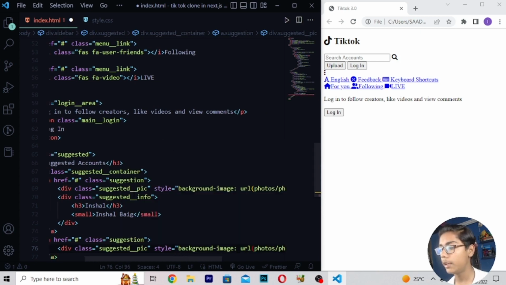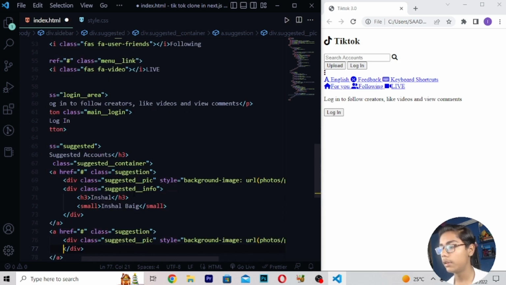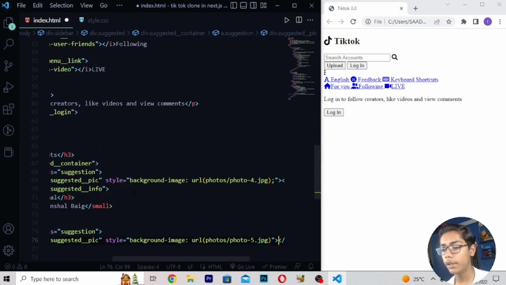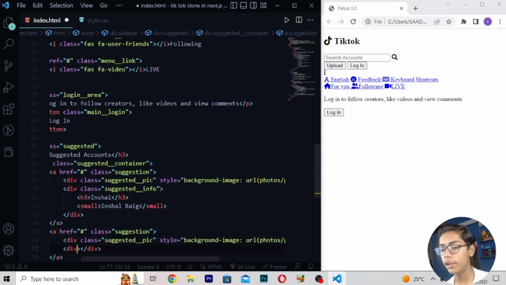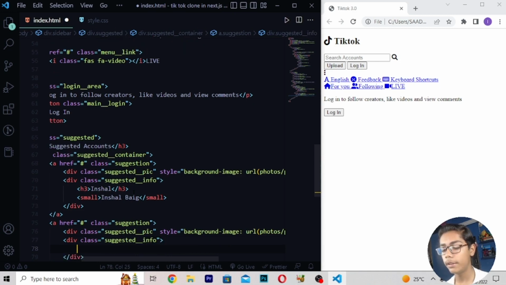So here I will be writing, then you have to close this, then I will be moving down, and then after moving down you have to write div class suggested, then I'll be writing info like this, then here I will be writing h3, and then right here like this.